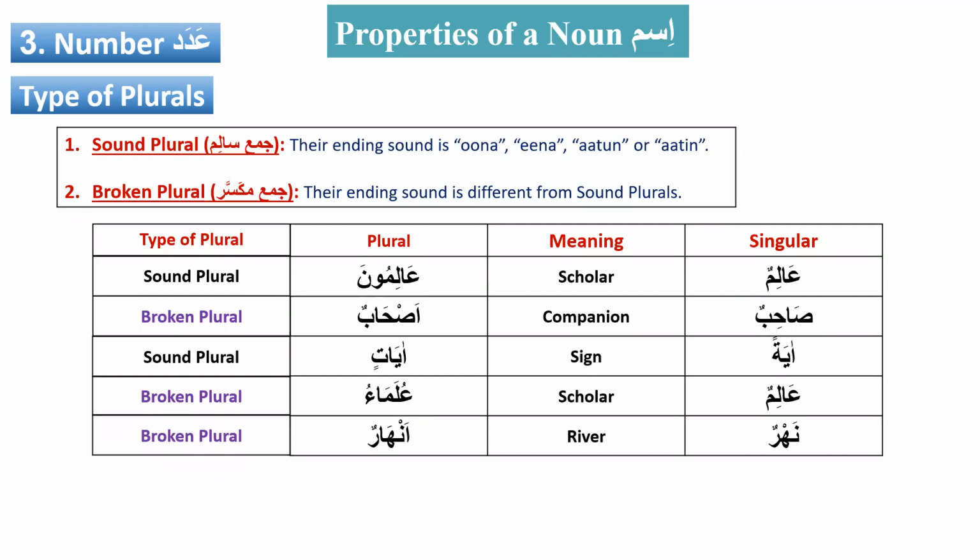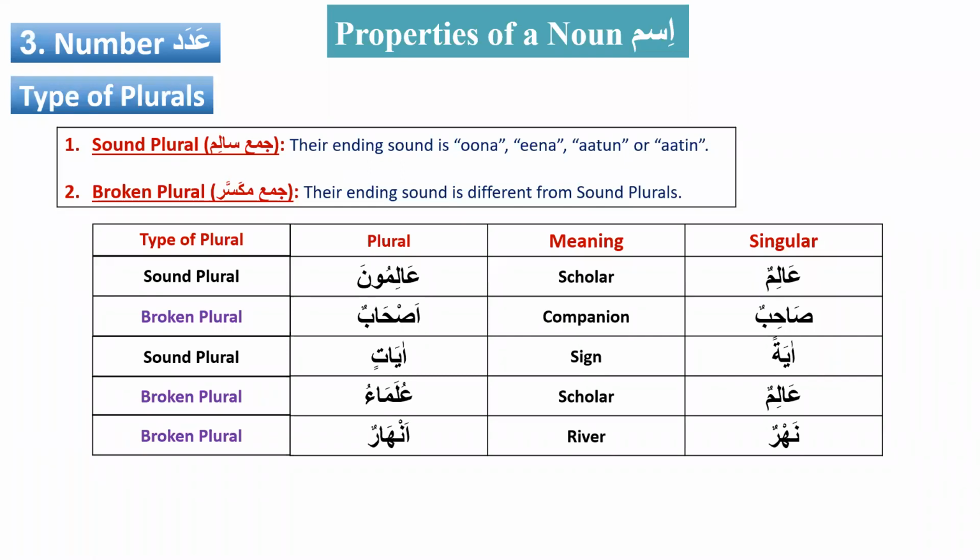So I hope now everybody is comfortable with identifying whether it is a sound plural or a broken plural. Excuse me, Shabazz uncle, go ahead. I have a question. How come the first word, alimun, is a sound plural, alimuna, and below it there's alimun, same word, but this time it's ulama?